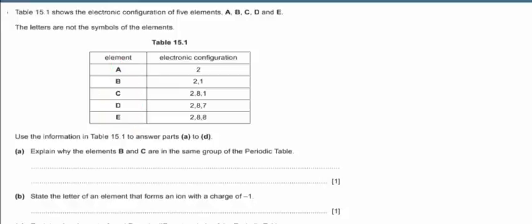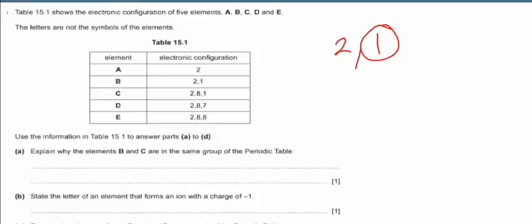So now for the first one we have element A, which is having 2, element B 2, 1. Now one thing that you need to know is that when writing the electron configuration, the number of electrons in the outermost shell determines the group where an element is. An example, A, it just has 2 electrons, meaning it is found in group 2. Then as for element B, it has 2, 1, meaning the number of electrons in the outermost shell is just 1,